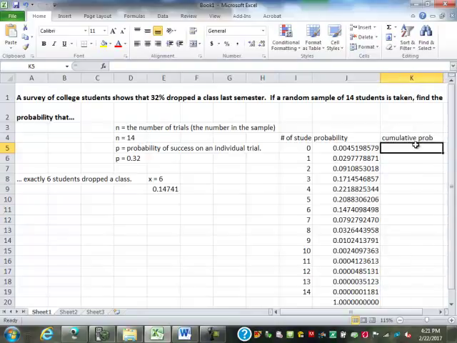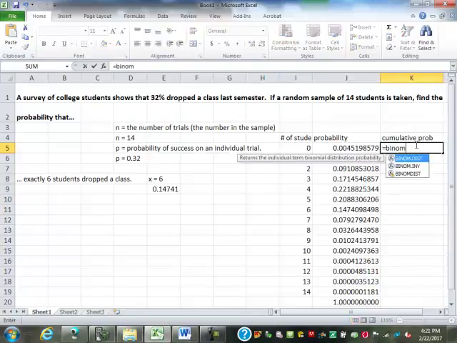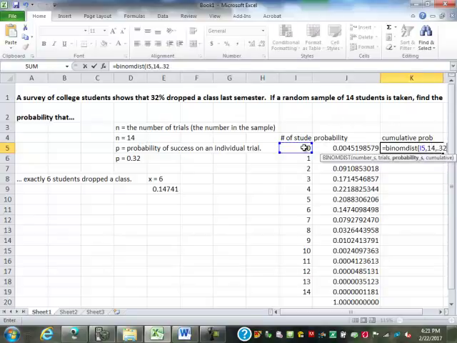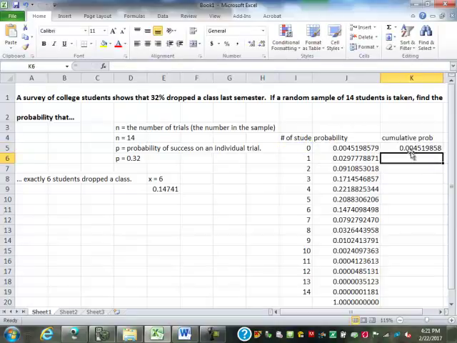So equals binom dist. Number of successes, I'm still just going to click here, so that's 0, 1, 2, 3, whatever. Trials is 14. 0.32 is my probability of success. I'm going to type in true for cumulative, which means that it's going to be from less than or equal